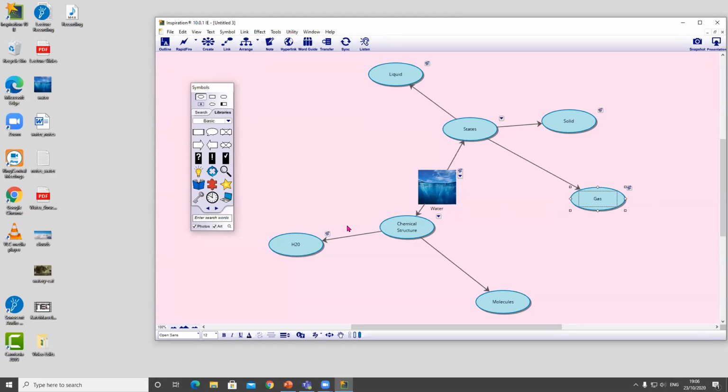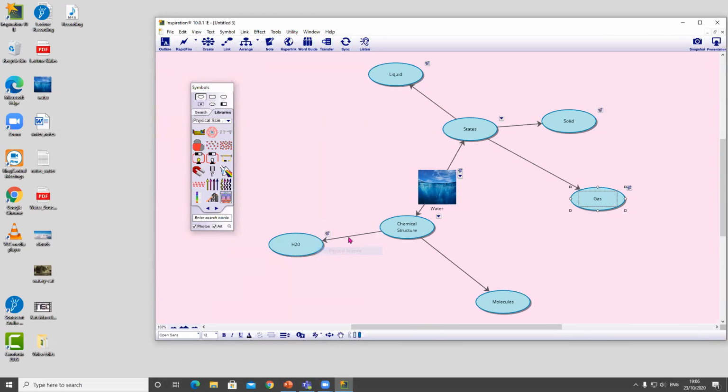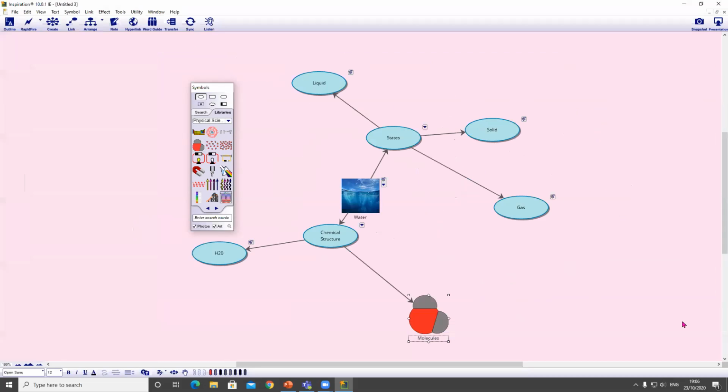Okay, let's look at adding in some stuff. So obviously from our symbols library, we have some stuff here. Let's go to science. We'll go to physical science. So we have images that we can bring in to help with the visual cues. I'm just going to build up on this map. So let's look at liquid. I'm just going to do a bit of a rapid fire. So we're looking at cloud,